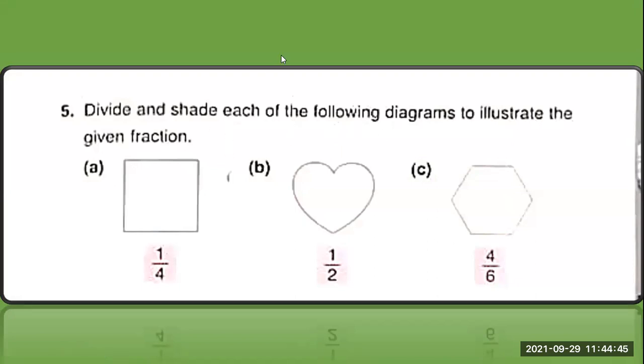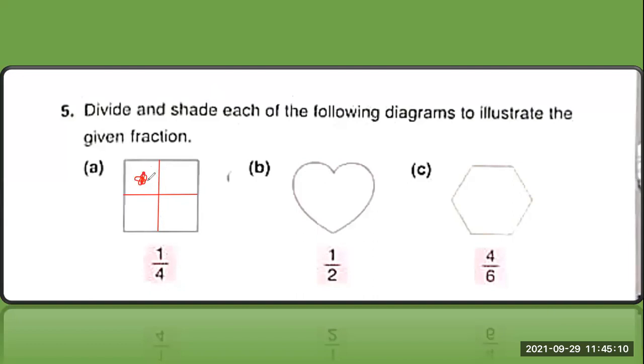So letter A here, you have to divide into, you can see here, the fraction 1/4. So you just do like this. You make a line here at the middle and another line here. So there are 4 equal parts already, right? So 4 equal parts, and then you will color this part, 1 part only, because out of 4 parts, 1